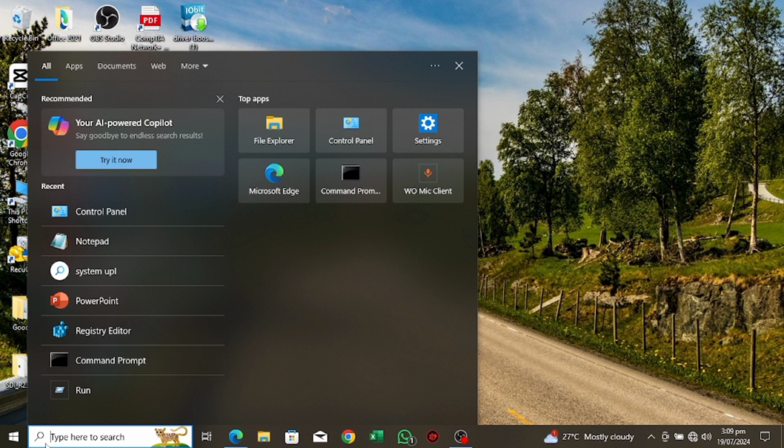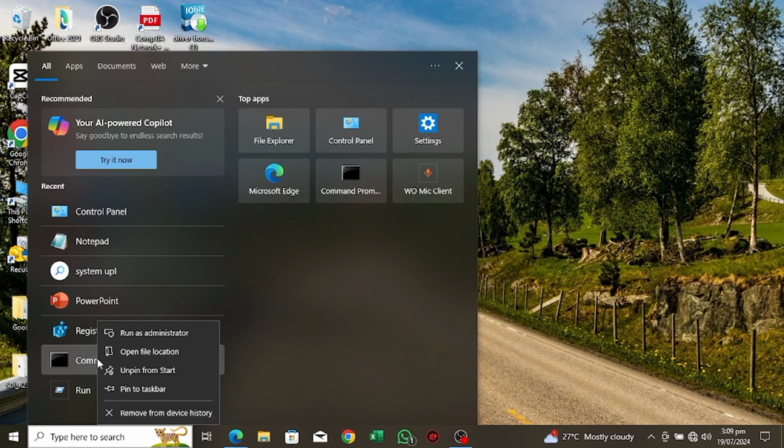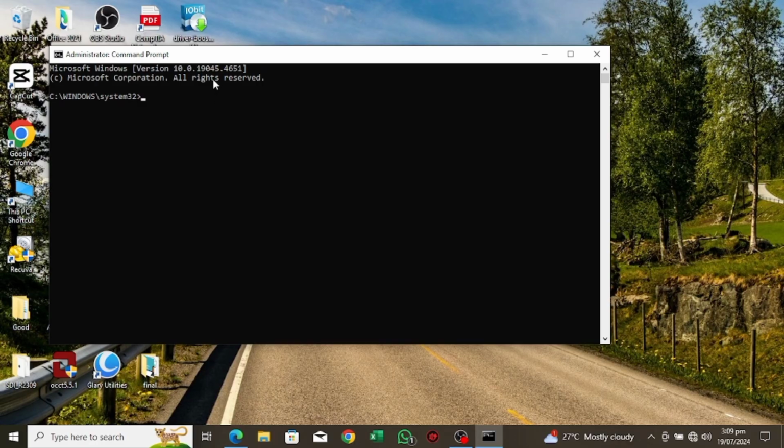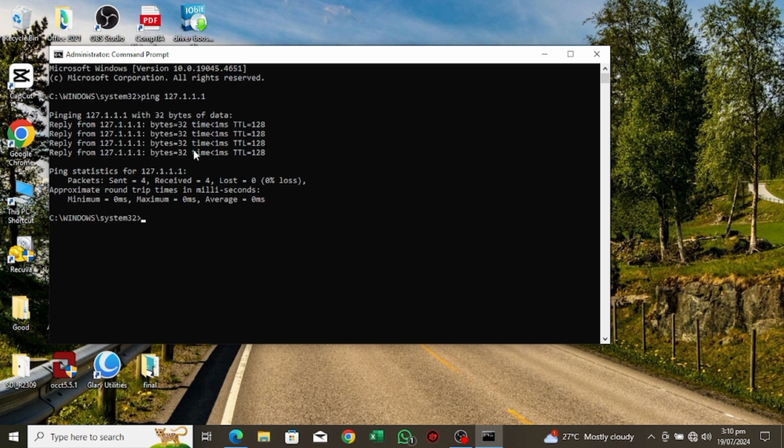All right, so you come to the search box here, then you type in CMD, then you right click it, then you run it as an administrator. What you do is to click yes, and then when this window pops up, what you're going to do next is to ping. We're going to ping it. Then you type in 127.1.1.1, then you hit enter, and when it gives you this report or result, it means your hardware is functioning